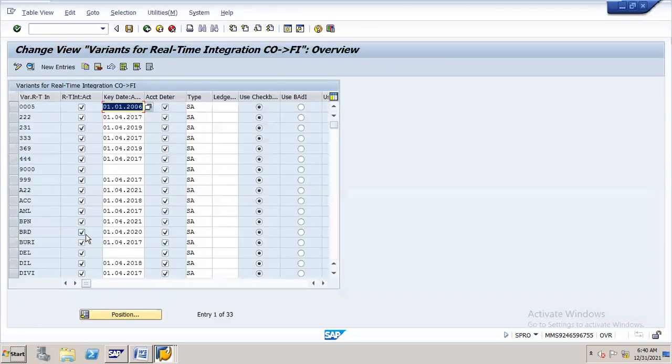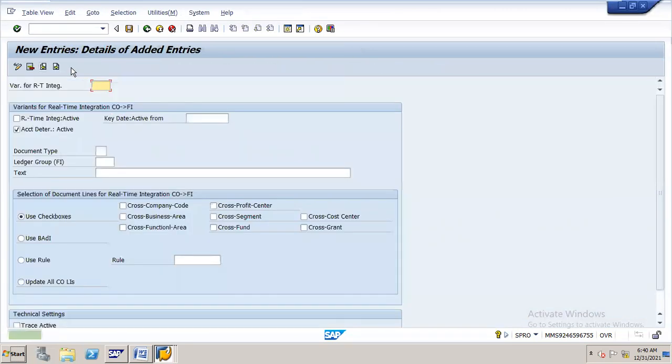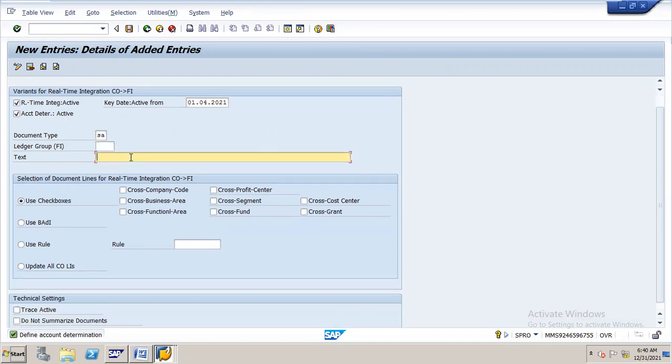Here, I'll create one variant with the name N16. Real-time integration, activate effective from which document type. Here, just text. Reconciliation. Here, I want to do transactions between two company codes which come under one controlling area, and between profit centers which come under two company codes,